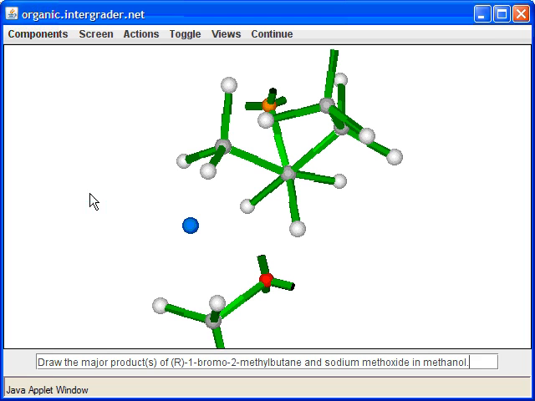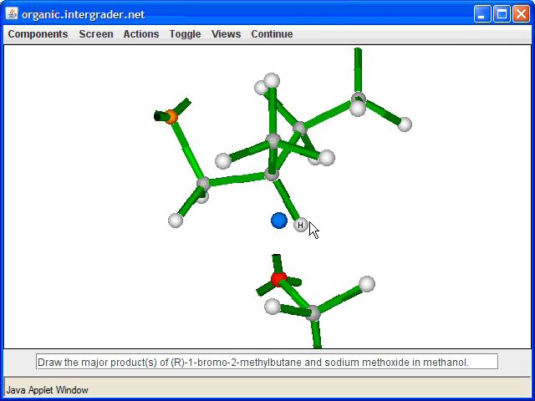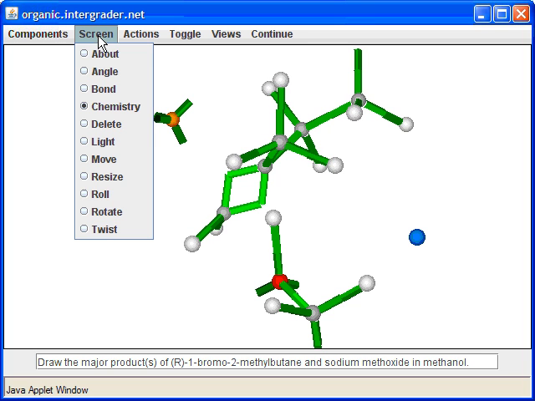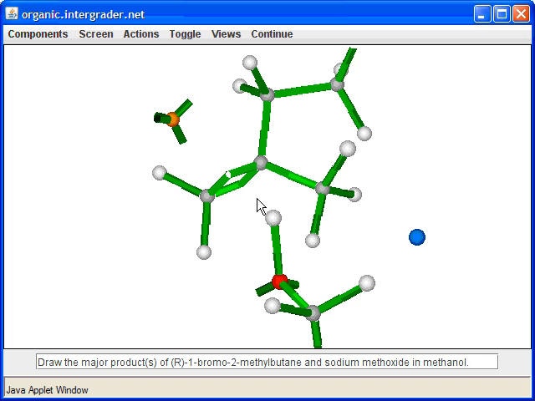And in this case, there's no trying to decide whether it's going to be Zaitsev or Hofmann, because there's only one hydrogen to remove, only one vicinal hydrogen. Because of that, we'll move here on the side so we can manipulate this more easily, and then make a bond here. And lastly, we'll take these electrons and use them to push this out. So in this case, we've done an E2 elimination, and we did the E2 elimination for several reasons. One of them is that this is too sterically hindered to do an SN2 substitution, where the bromine used to be connected.